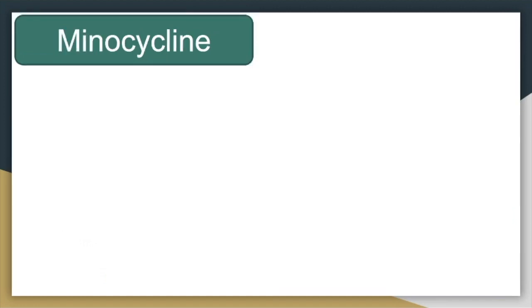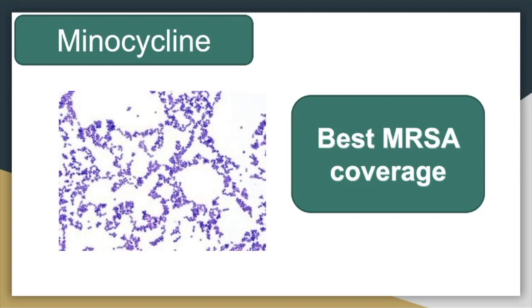All right, so let's talk a little bit about minocycline. Minocycline is going to have very similar coverage to doxycycline. However, out of all the tetracyclines, this is going to be the best one you can use for MRSA coverage, and staph coverage in general. Doxy covers staph and MRSA, but if you're thinking in the tetracycline class, which antibiotic can I give that's going to have the best staph coverage, you want to think minocycline. These are just gram-positive. Remember, our gram-positive organisms are purple, and they're in clusters to signify staph.